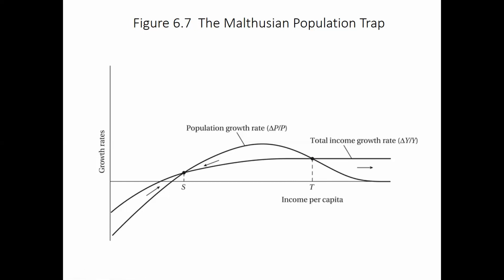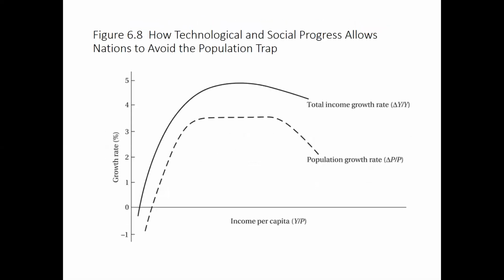And you can see we talk about some of these somewhat draconian measures of population control. Other less draconian measures include distribution of condoms or other forms of birth control, to try to control population. Okay, so this is essentially one of the ways we can think about population growth. Through technological growth, perhaps we could also bring the curve of how income is related to income per capita up, and so we don't have these two equilibria anymore. Essentially, we can allow the economy to get out of the Malthusian trap.